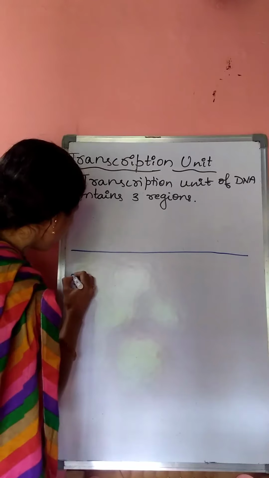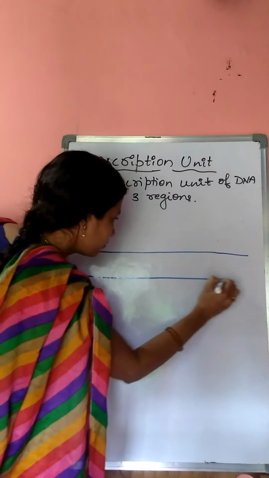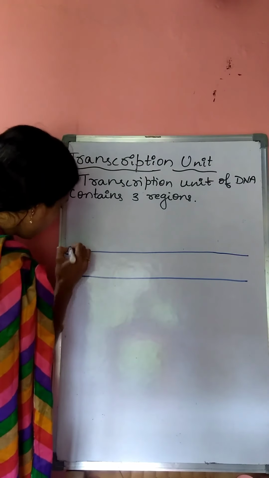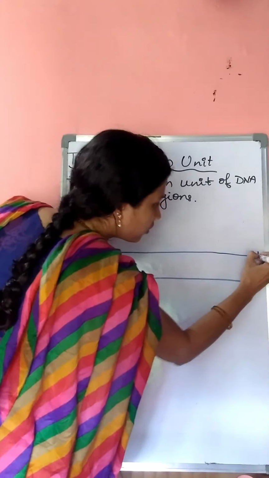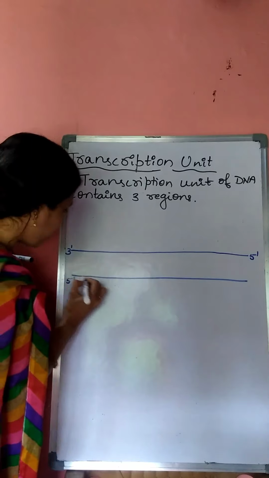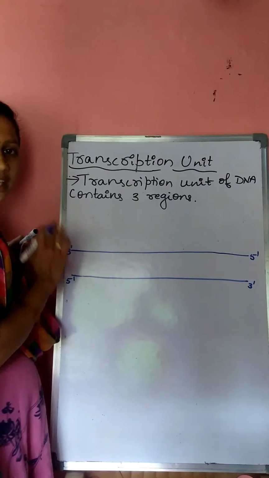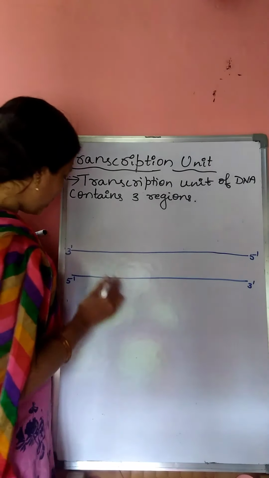Two strands of the DNA. Consider this is the 3' to 5' end, and this one is the 5' to 3' end. Okay. Then